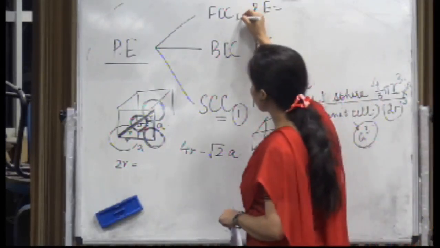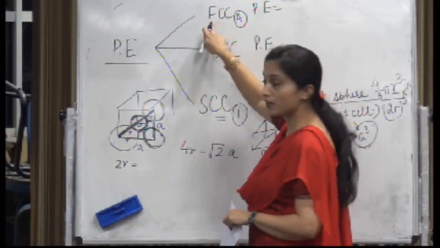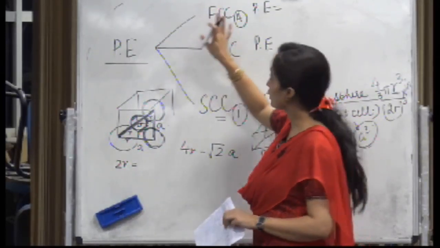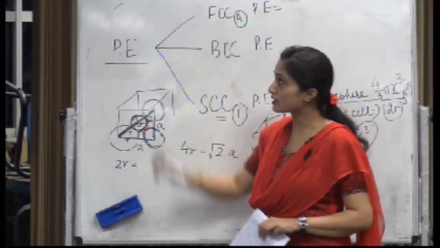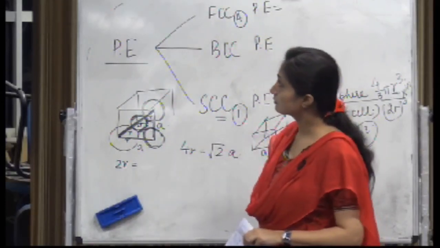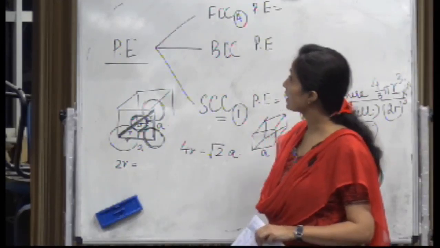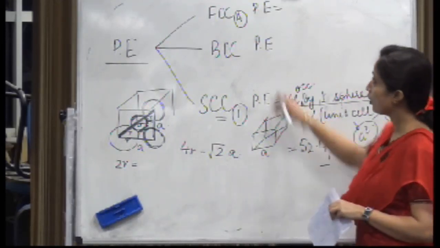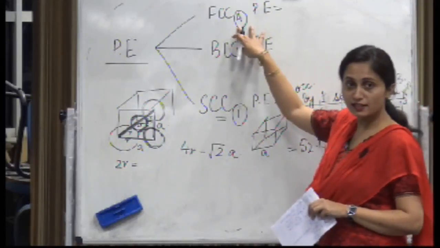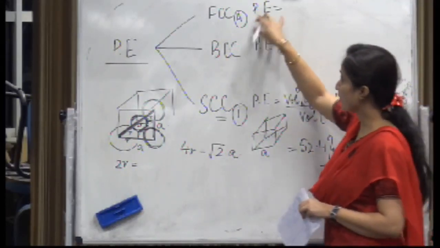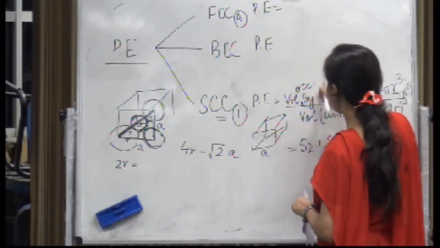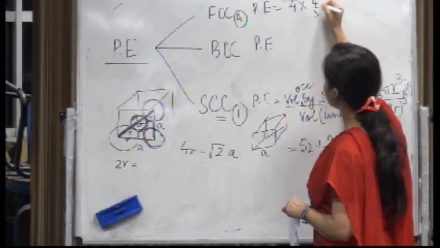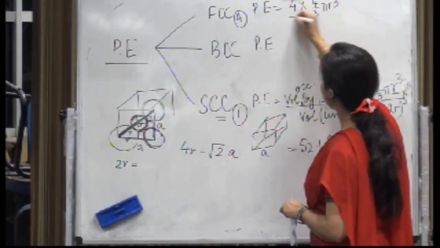Because the total number of atoms per unit cell for face centered cubic unit cell is 4. समझ में आया? So the packing efficiency will be the volume occupied by 4 spheres, that means 4 into the volume of one sphere, that is 4 by 3 pi r cube upon A